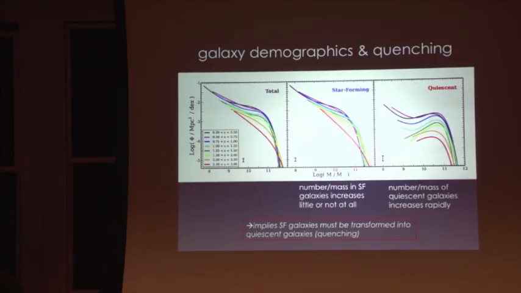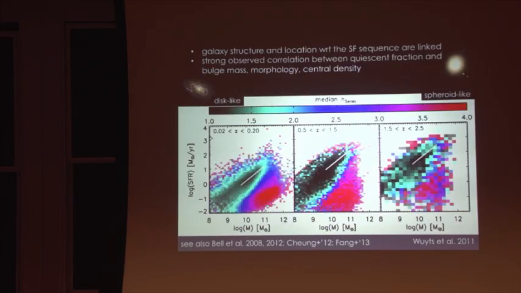Because these are the galaxies that are forming new stars. So they should be growing in mass. While the mass in quiescent galaxies has increased by more than an order of magnitude over that same period. But these are not forming new stars, right? So the only logical conclusion, of course, is that something is converting these star-forming galaxies into quiescent galaxies. Something is moving galaxies off of that star-forming sequence down into that dead population. So this has come to be called quenching. And then, of course, the next question is, well, what is doing this quenching? So this is one of the big questions in galaxy formation today, is what's causing this quenching?